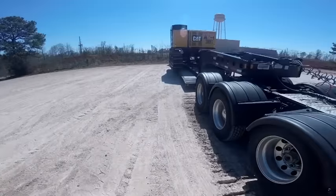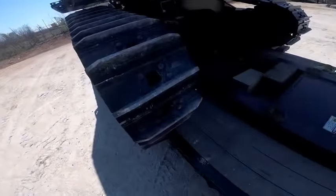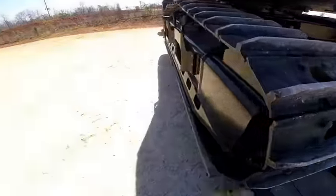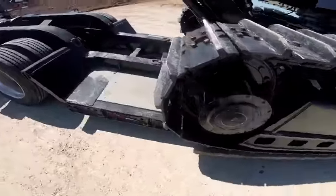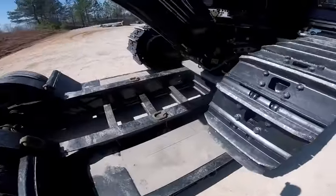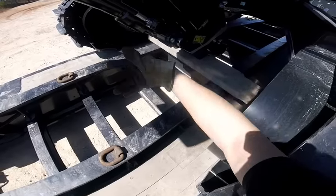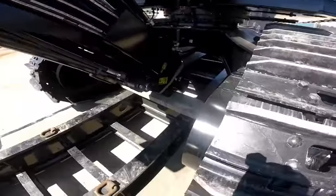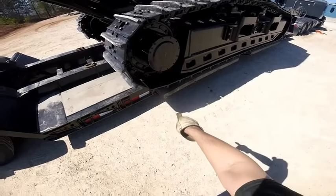Flags are easy, and my machine is already on. The shipper loaded it because it's pretty wide. It's 10.6 from the outside of a track, but these things stick out another 3 inches, so it's exactly 11 feet wide, and half of the track would hang in the air if I did not use the outrigger boards, and I never liked this. Now this was tricky loading. It doesn't have the attachment actually, but this piece is loose, so we had to strap it down like that. And you cannot put it here, it's very short. If I knew that we were loading like this, I'd probably put the outrigger board somewhere here,